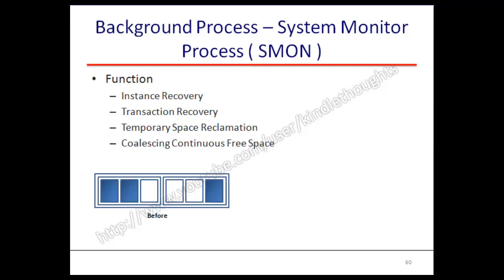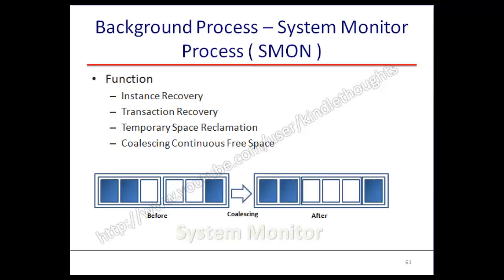So pictorially, if you look at this, you can see that there are two segments in which one segment has one block free and the other segment has two blocks free. Now, even though you are seeing a scenario where there are three blocks free for allocation, Oracle will not be able to allocate this to any segment that is requesting three blocks. It is SMON's responsibility to coalesce and provide the three blocks as a chunk so that whenever there's a next request coming for two or three blocks, Oracle can use this particular chunk to distribute to the particular segment.